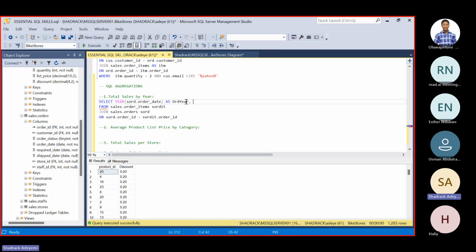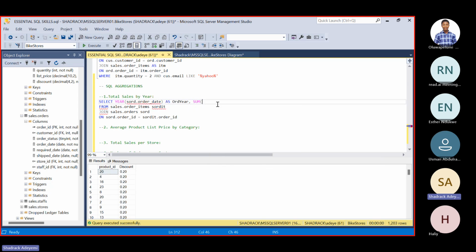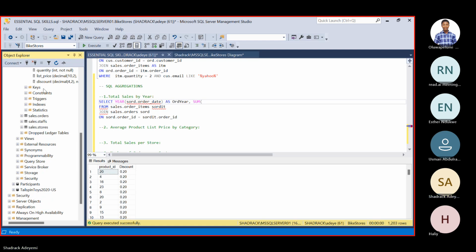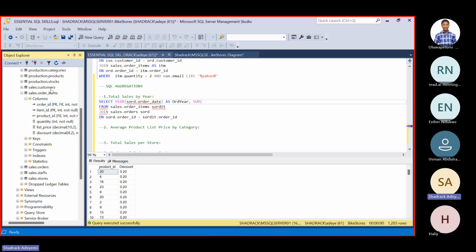Then I am going to call my aggregate function, which is sum, because I'm trying to get the sum of the prices, which is list price in this case. The list price is coming from the sales order item table, so I'm copying this to save time.